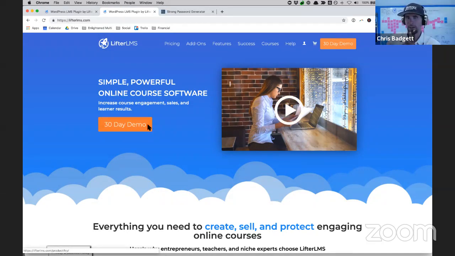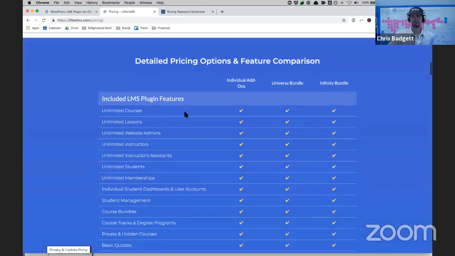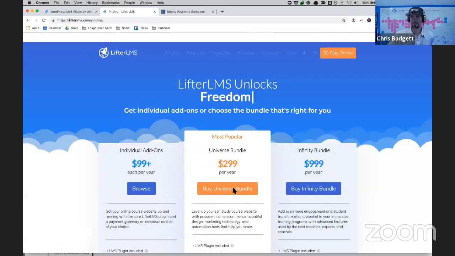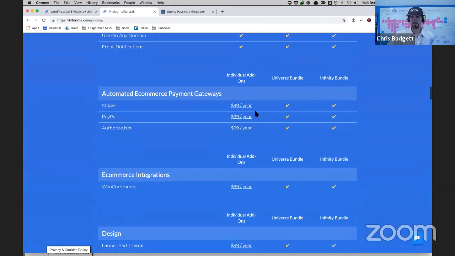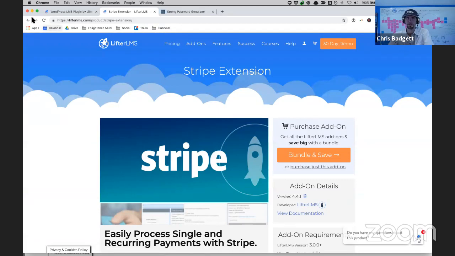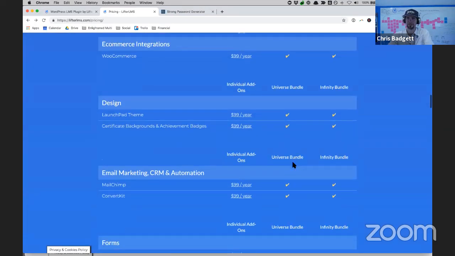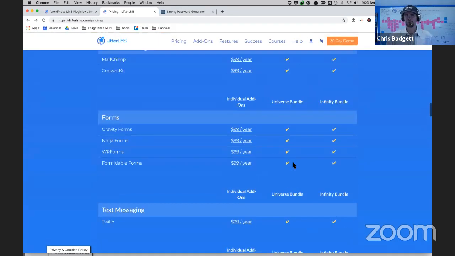LMS. On the Lifter LMS website, if you go to the pricing page and you scroll, you can see what's in the different levels of either getting one of our two bundles or getting individual add-ons, which you can see individually in the store by clicking on the add-ons link. Or as you scroll down, you can click on these individual items. Like if you just want Stripe, you can click right here and go look at the Stripe product, which is for credit card processing, or you can just see that that's in there and choose between the Universe and the Infinity bundle. And the biggest difference between the Universe and the Infinity bundle is that the Universe bundle has all